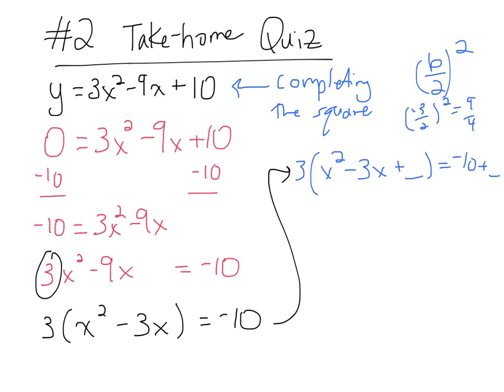So in the blank, using that rule we just did, negative 3 over 2 squared, we know that there has to be a 9/4 in this blank, which means there will be a 9/4 in this blank. If you don't like the fractions, you can use the calculator to help you out. The next step is to factor the polynomial. The quickest way to do this is to remember the rule that this will always factor into a perfect square,